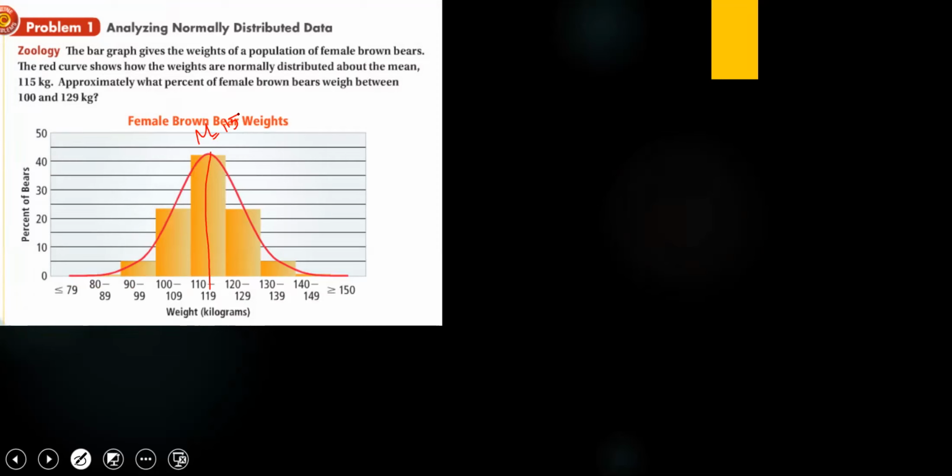So 115 minus 10, at 105, we have 1 standard deviation, and at 115 plus 10, at 125, this is within 1 standard deviation. Within 2 standard deviations,